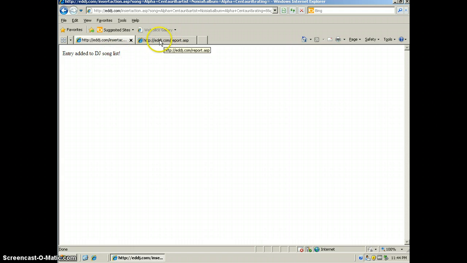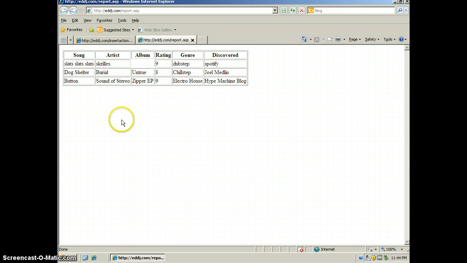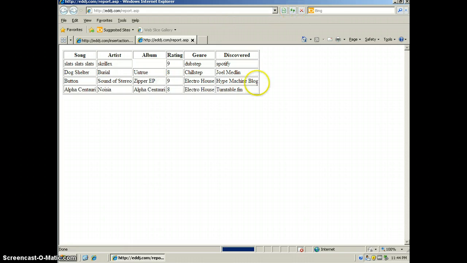Now I can go over here and we can look at our report. These are some entries I made earlier, and if we refresh this report here, you can see that it added Alpha Centauri to the list. You can see up here, that's the bold that I added to the table headers, and then I've got this one border right here, a border of 1,